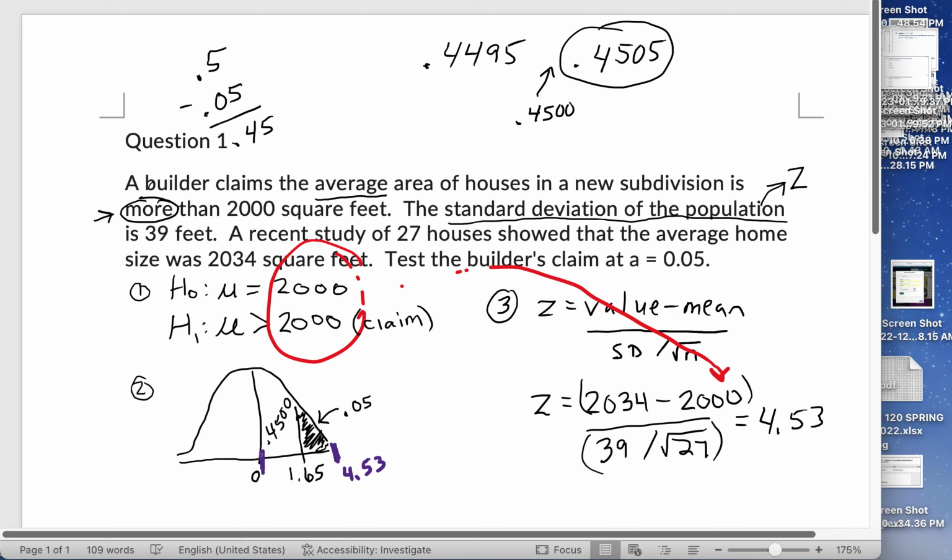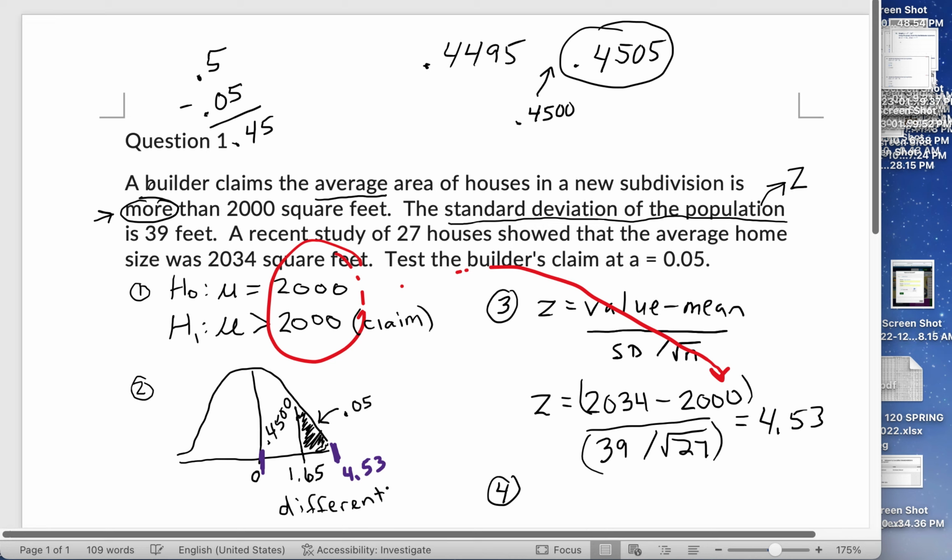Remember that you're comparing it back to 0. So those are the 2 marks that we're looking at when we start making our conclusion. All right, so step 4, you're either going to say reject the null or do not reject the null, and it's based on your 2 marks that you just made on your curve. Those 2 marks are far enough apart to be considered significantly different. Remember that if your mark is in the shaded region, you are saying that the 2 marks are different. So what we're saying here is that 2000